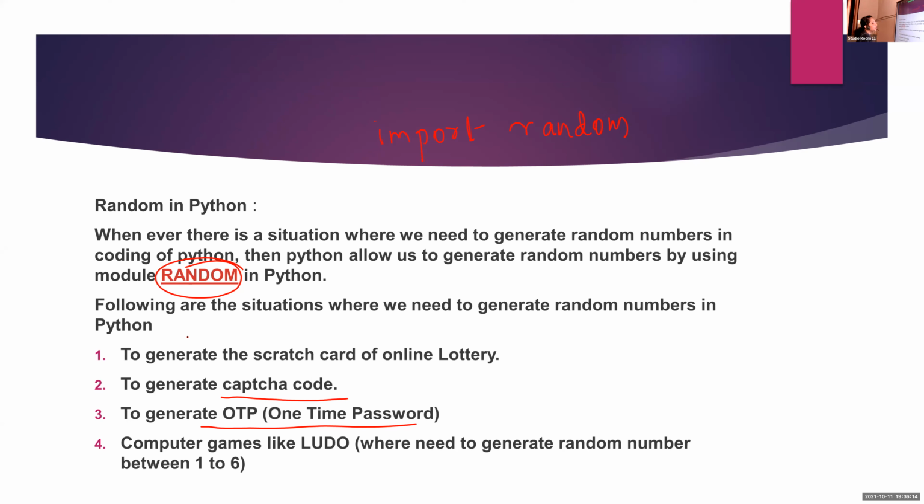The first statement you want to write for the random function is import random. Then you can use the built-in functions under this random, just like import math. Under import math, we are using different functions like sqrt, pow, floor, ceil, just like that. Just like that, under this random module, we are using different types of built-in functions.